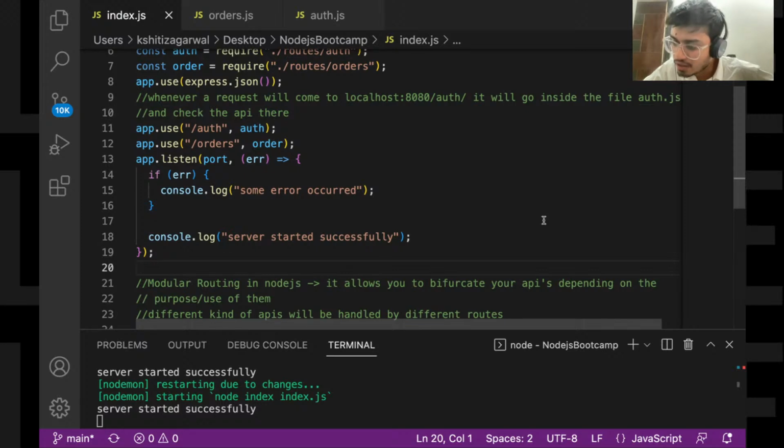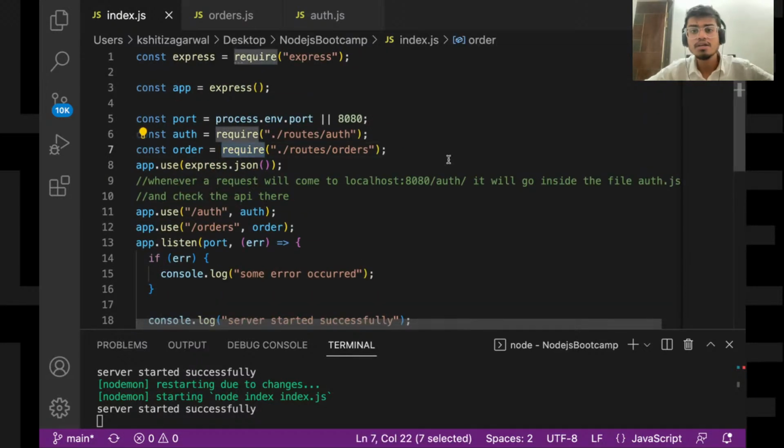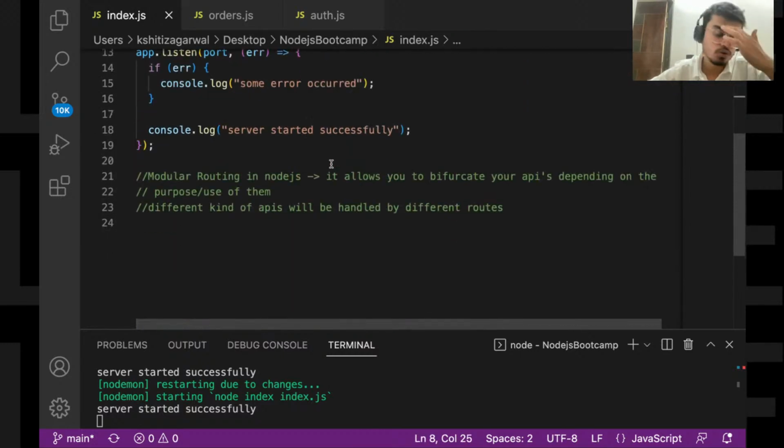Okay, so Avneet is asking why you are not using the import keyword. So either we can use import keywords, otherwise we can use require. I preferably use import in front-end libraries such as React, and in the backend such as Node I make use of require, because I'm more comfortable with that. So if you wish, you can use import also, no issues with that.